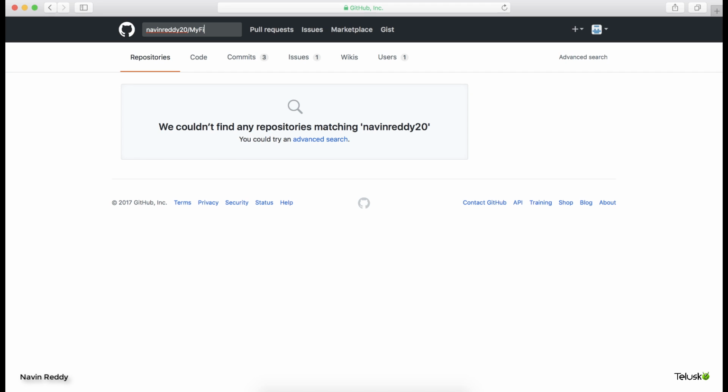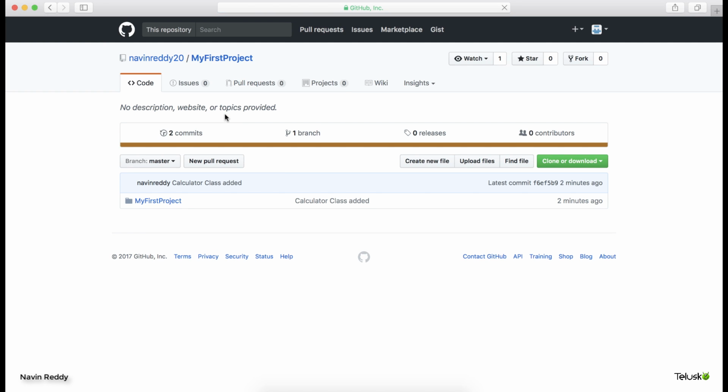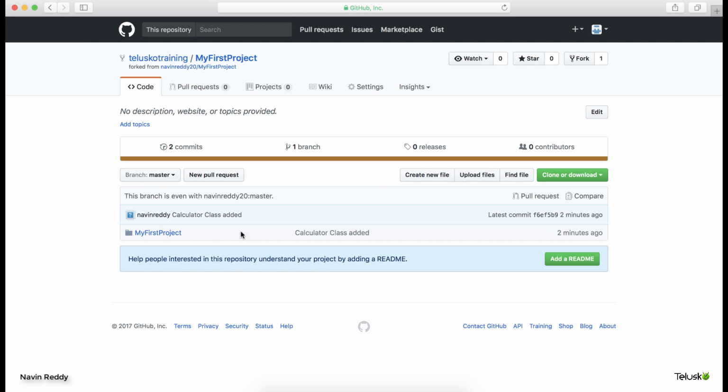So normally we share our project link, right? You can see this is the link which you will actually share with your friend. Now your friend has two choices. He or she can clone the project, or the best one would be to fork the project. When you click on fork, it will create a copy. It is a separate copy from your project, the exact copy, okay? But this is a separate entity. Whenever you change something in this project, it will not affect the original project.